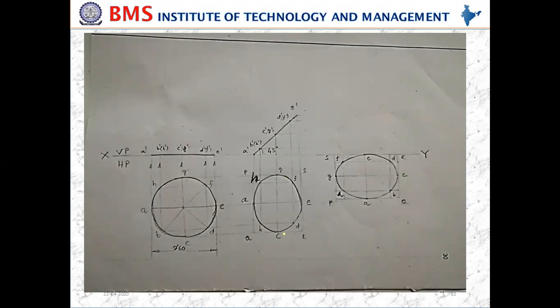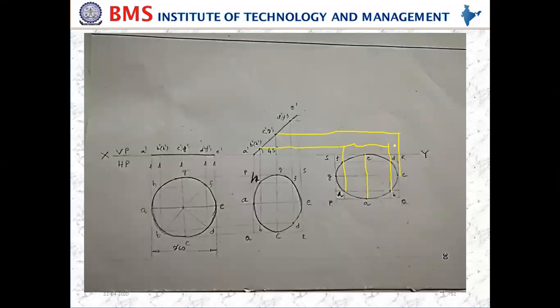So next, what I have to do is draw the front view. When I'm drawing the front view, from each corner, A is going to end here itself. So from A dash, anyhow it is on the XY line, locate A dash here. Then from B you need to draw a vertical line, and then a horizontal line from B dash. Then this is going to be H, from H it is going to be here only, and then from C dash, a horizontal line.